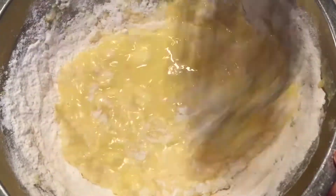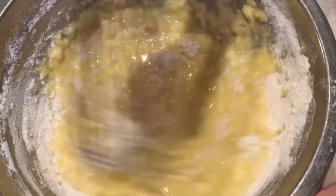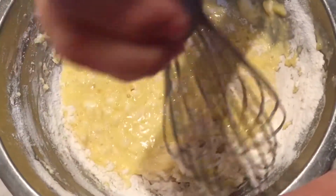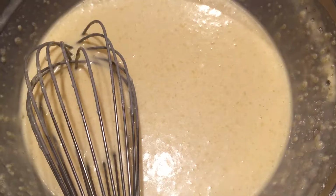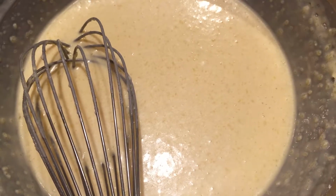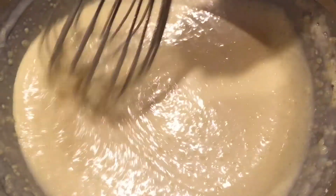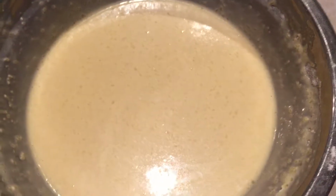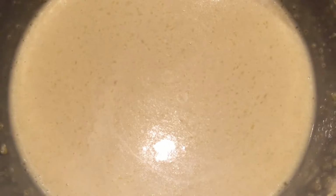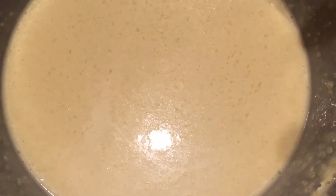You have to stir slowly when you just add in the flour, otherwise it's going to spill out everywhere. At least that's what I think. So, I already added the other half of milk and started stirring. I'm going to finish. I think this is good now. So now I'm going to continue and put in